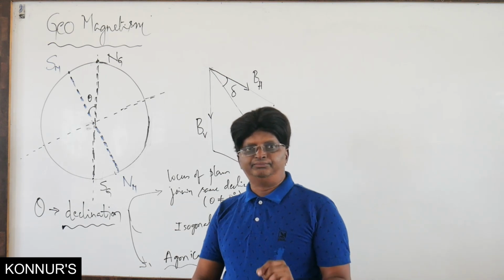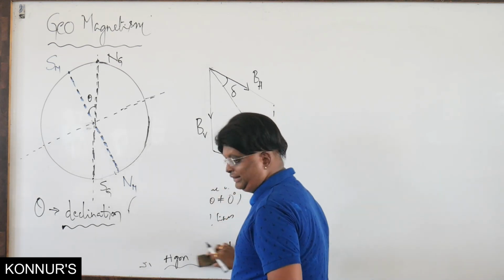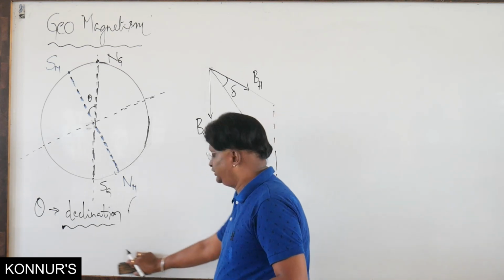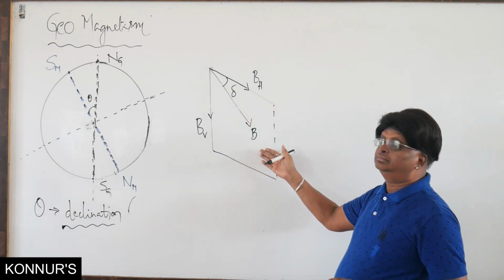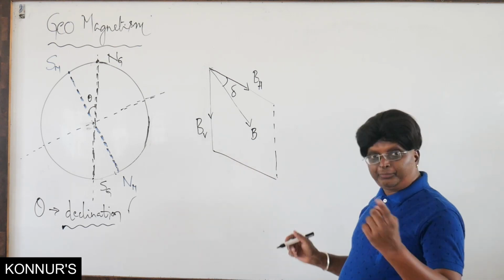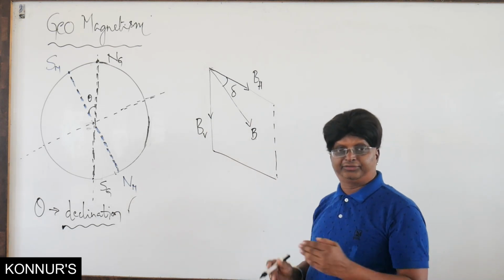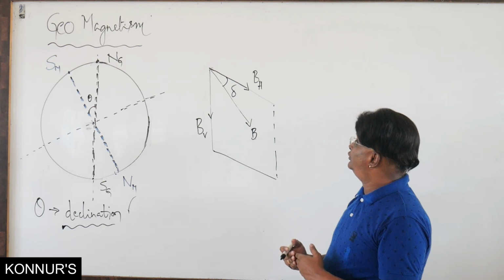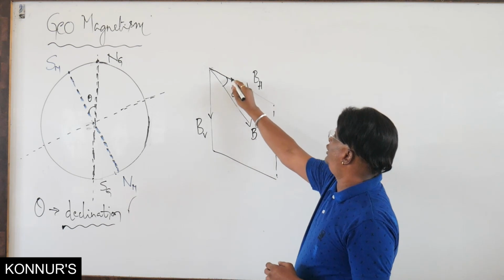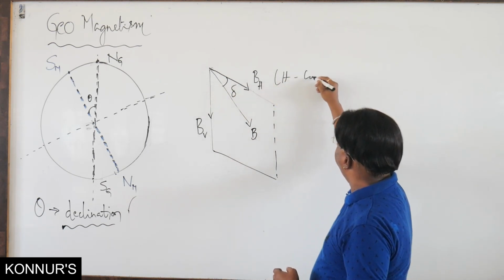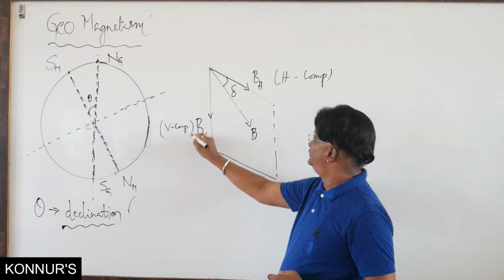So in Earth's magnetism, these are a few things regarding declination. Now, one more time. Earlier we said we have the magnetic meridian of the Earth and the geographic meridian of the Earth. Now here I have shown this vertical plane showing the magnetic meridian of the Earth. Suppose at a given place, in this magnetic meridian, B is the magnetic induction produced by Earth. It is the total magnetic induction. And we know our popular case of resolving into vectors. One component I am taking as BH, the horizontal component. So this is the horizontal component of Earth, and this BV is the vertical component of the total Earth's